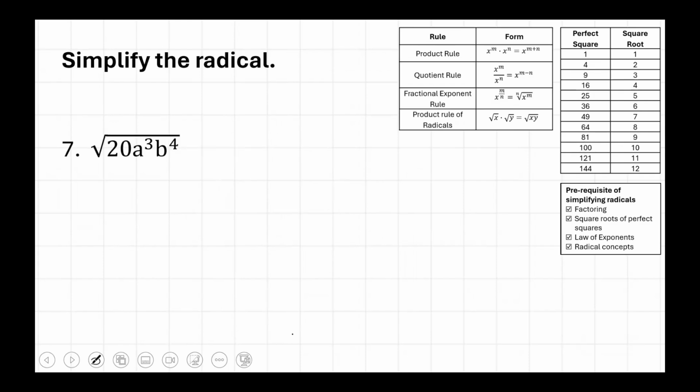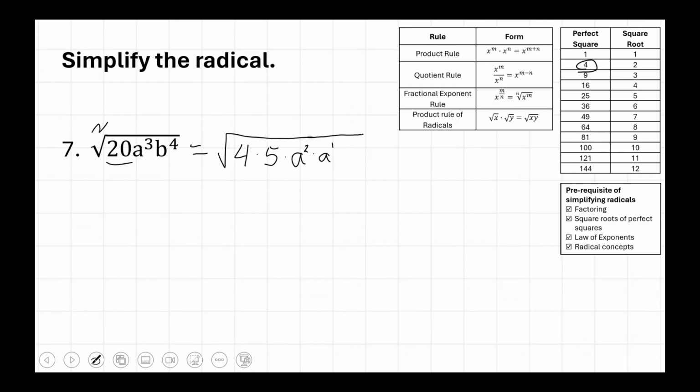For question number 7, here we have two variables, but it follows the same format: factoring, then break the exponent into parts that is divisible to the index. If it is already divisible to the index, then no need to break it apart. So going back to our factoring, 20, the index is 2, and 4 is a factor of 20. So we will rewrite the 20 to 4 times 5 times a raised to 2 times a raised to 1,